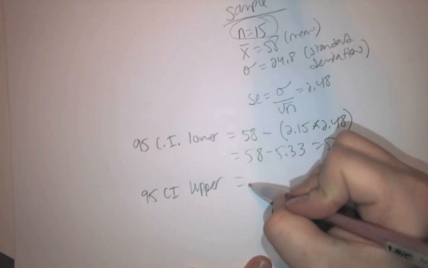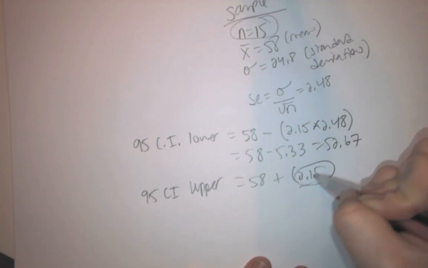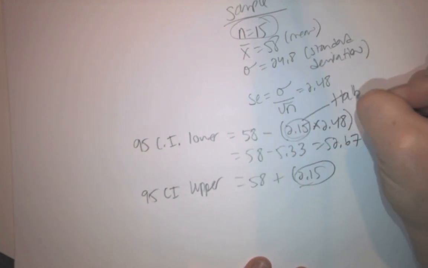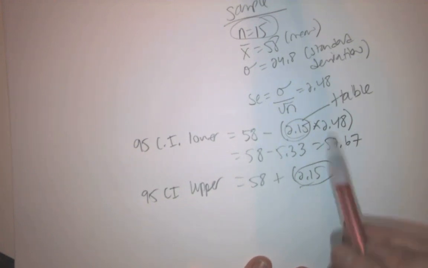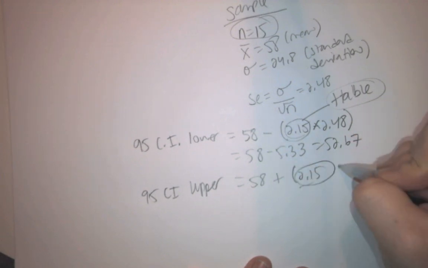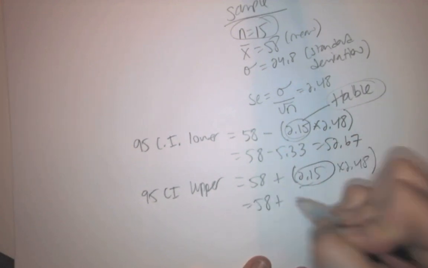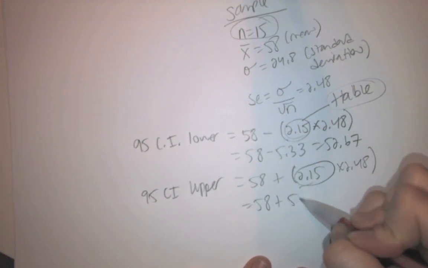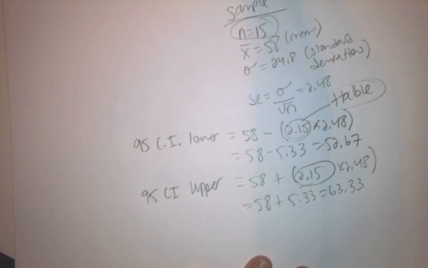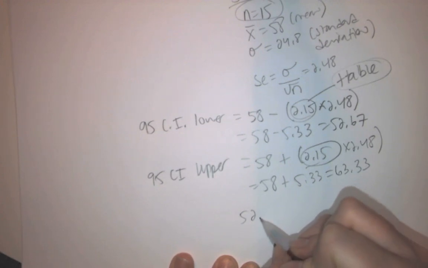And I'm going to do the same for the 95% confidence interval of the upper boundary. That's going to be calculated the same way. Again, I'm grabbing this t statistic from the t-table. So this was a z-score before, now it's a t-table value. So 2.15 times 2.48, so this equals 58 plus 5.33 equals 63.33. So my confidence interval in this case is 52.67